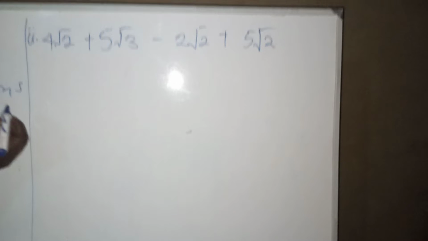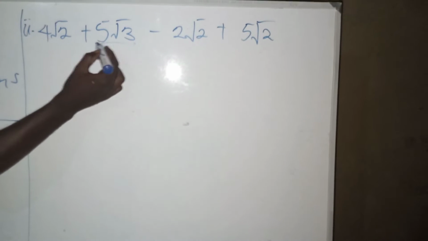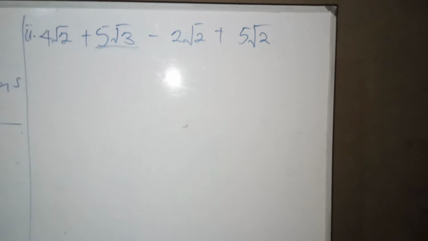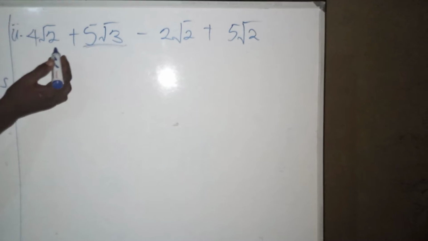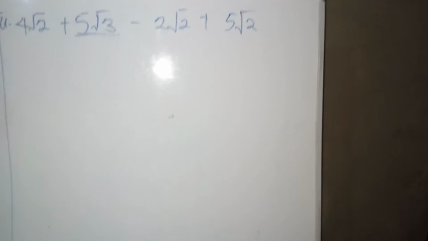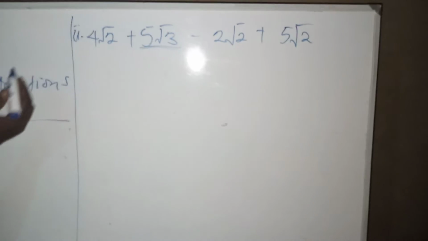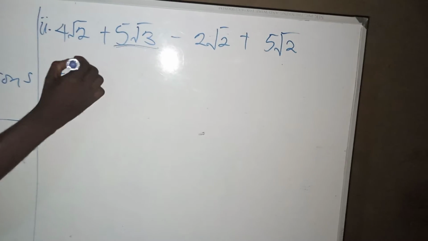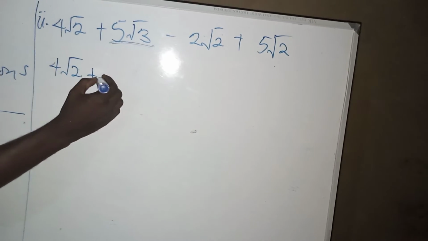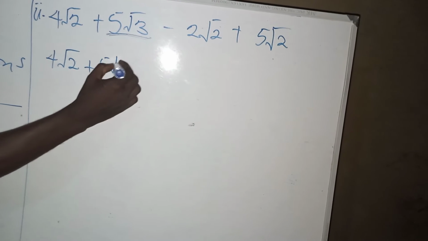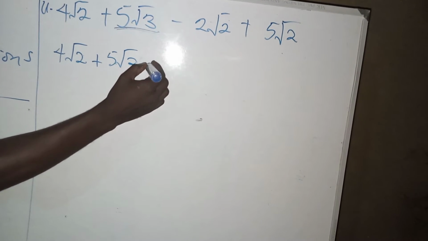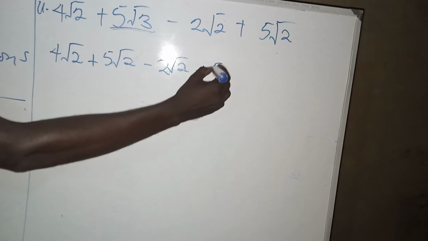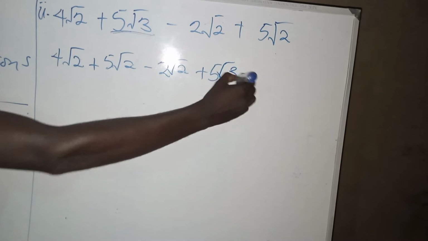Now you only add those whose numbers under the root signs are the same. So, this 5 root 3 is not the same as anything, so you group like terms. It will be 4 root 2 plus 5 root 2 minus 2 root 2 plus 5 root 3,